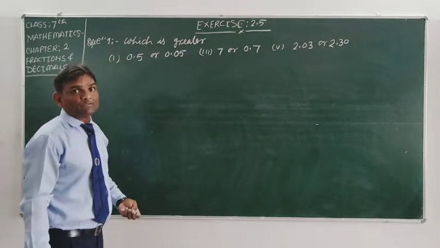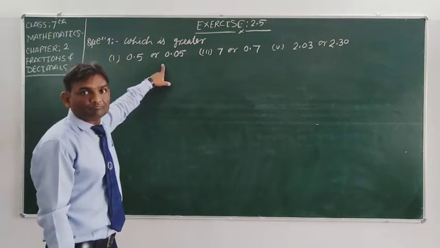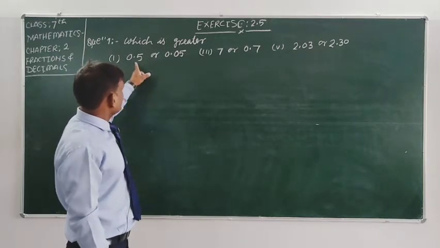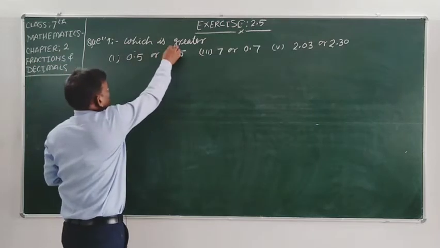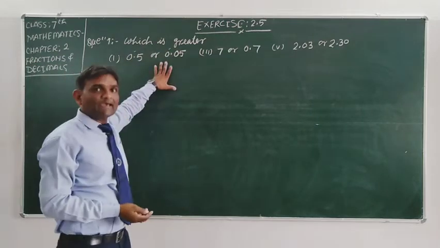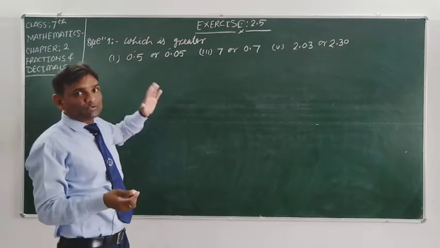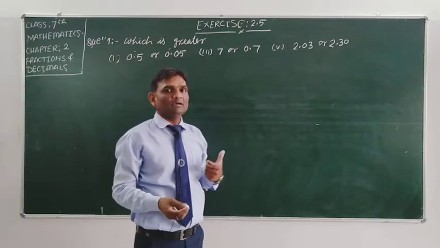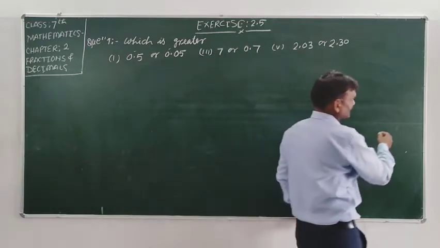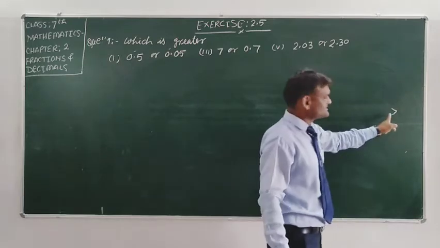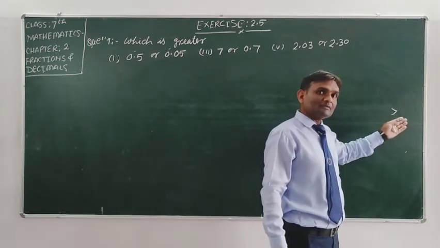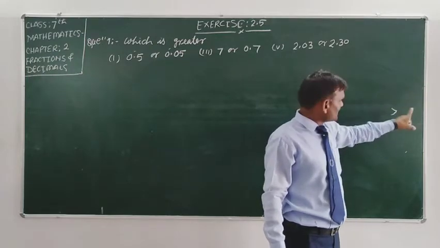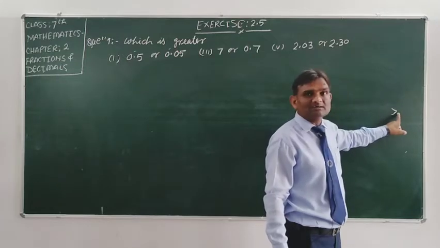कौन बड़ा है? We require to find. हमें ये निकालना है, हमें ये पाना है कि in given two decimal numbers which is greater and which is smaller. And you know student, in both decimal numbers we need to use the greater-smaller symbol, and for the greater and smaller we use only one symbol. On the side of the greater number we use the mouth of the sign, and on the side of the smaller number we use the tail of the sign.